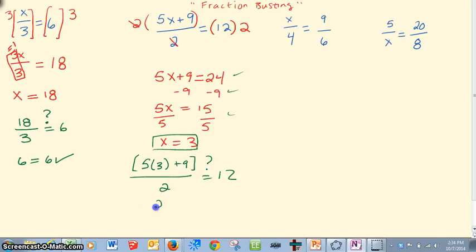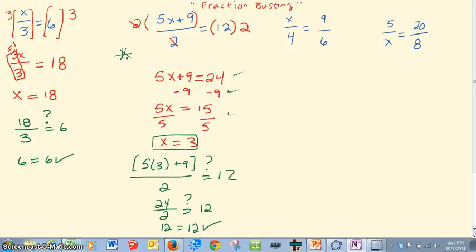Plus 9, 24 over 2 equal to 12. 12 equals 12. Indeed it is. Now, these examples will get more complicated when the denominator is a binomial. Right now, we've got some pretty simple